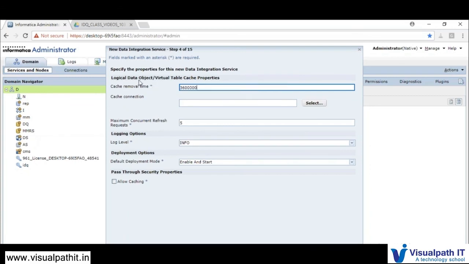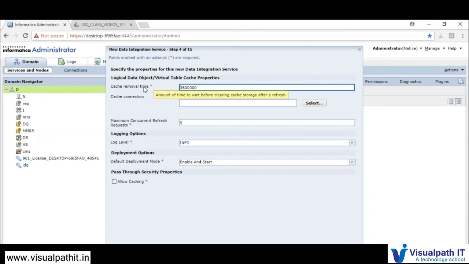So this is about your logical data object cache properties. After how much time the cache needs to be refreshed, those details we need to provide here. Cache removal time: here it says the amount of time to wait before clearing cache storage after a refresh.